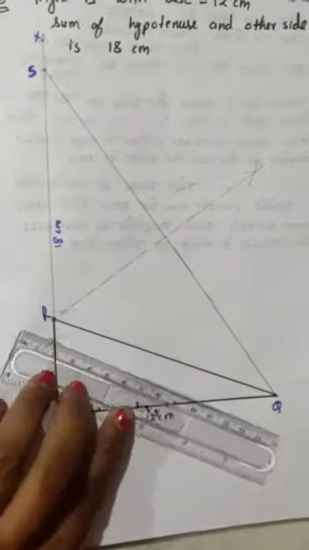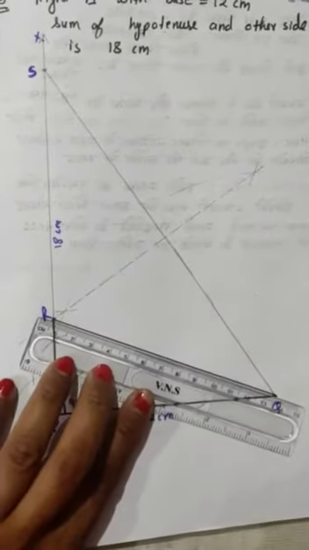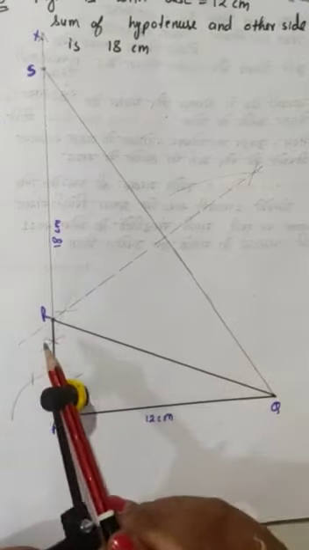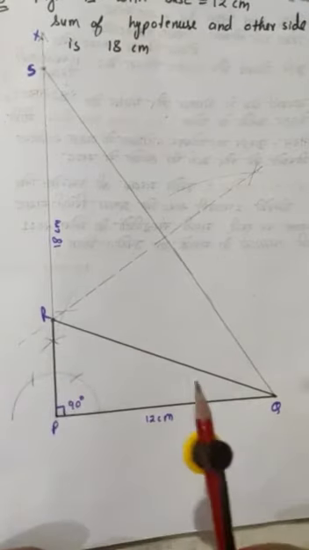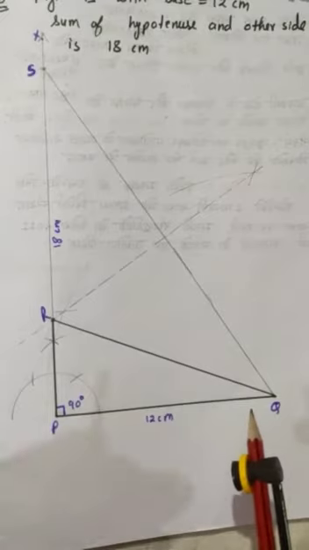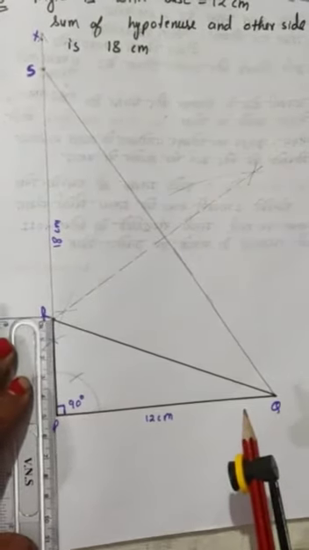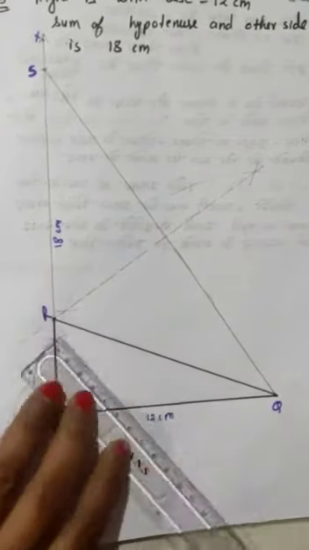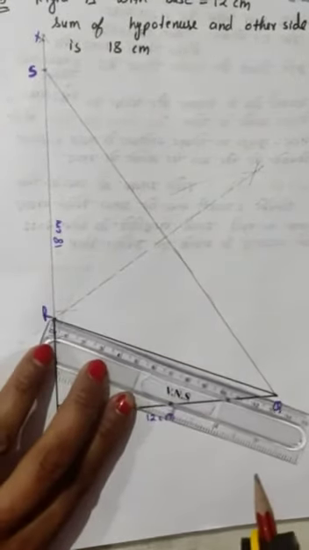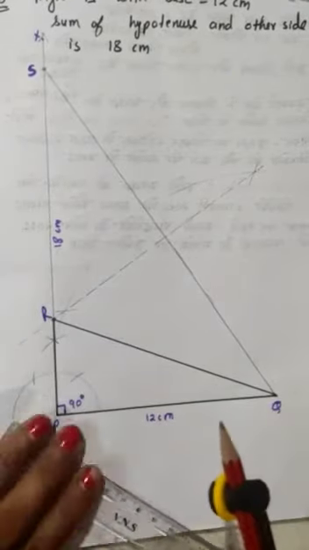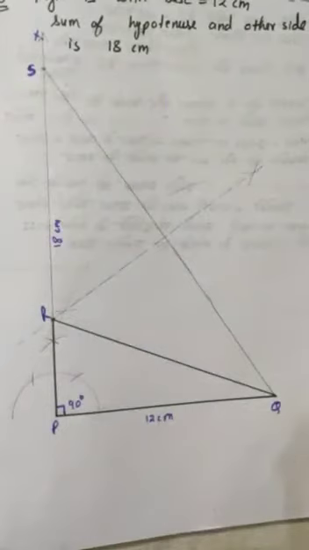Then just join R with Q. So this is RQ. So this triangle PQR is the required triangle which we wanted to construct. And for justification, you can verify how much this PR is. So you can see this is 5 centimeter, and this RQ hypotenuse is 13 centimeter, and 13 plus 5 gives you 18 centimeter. So for justification, you can just write that statement, and please don't forget to write the